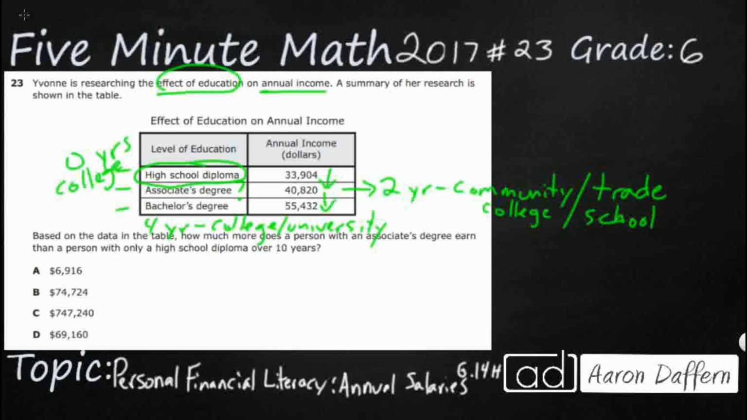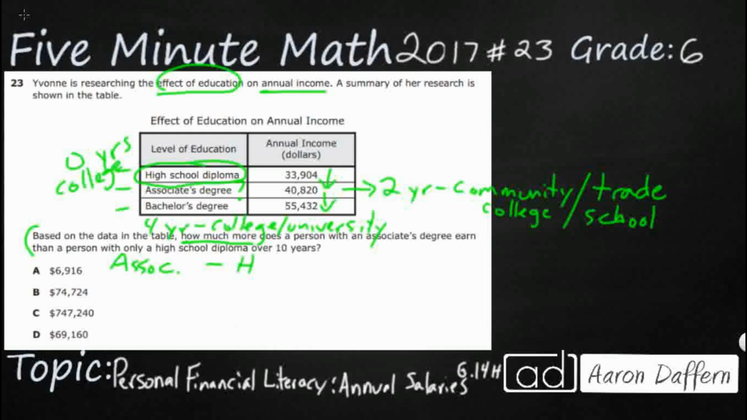So let's see what this actual problem is asking us to do, and that's going to be down here now that we've kind of analyzed this table. Based on the data in the table, how much more, so that's subtraction right there, does a person with an associate's degree earn than a person with only a high school diploma over 10 years? All right, so associates